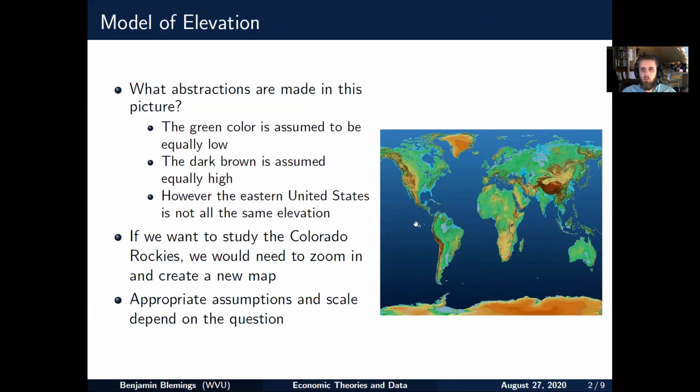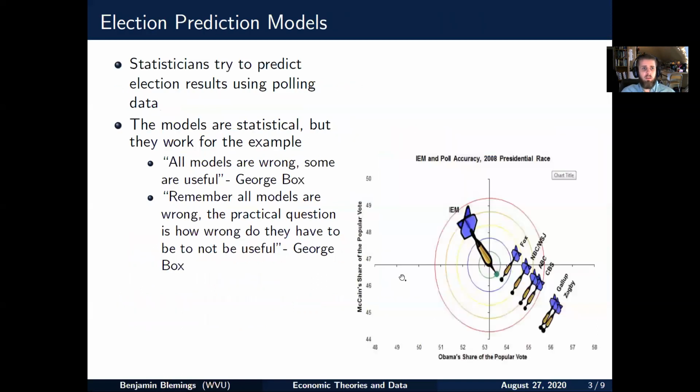And when we're doing economic theory, it's the same thing, just our model is not an elevation model, kind of like this picture would be, but it's a model about economic behavior. So here's another example about a model that is used. This is an election prediction model,